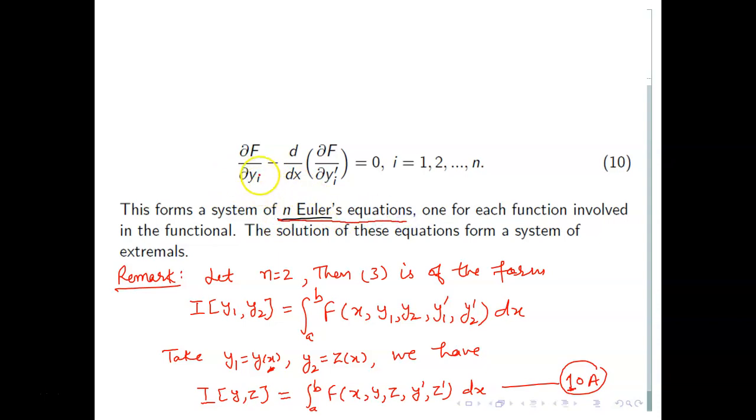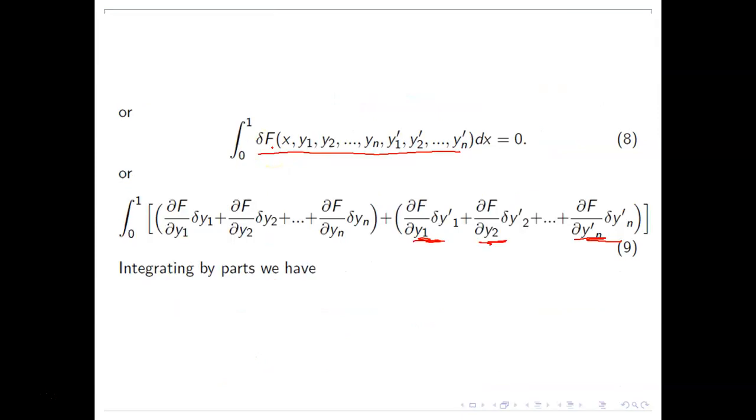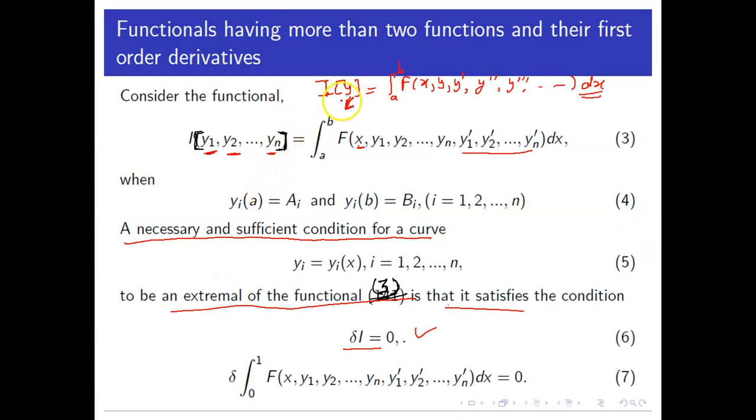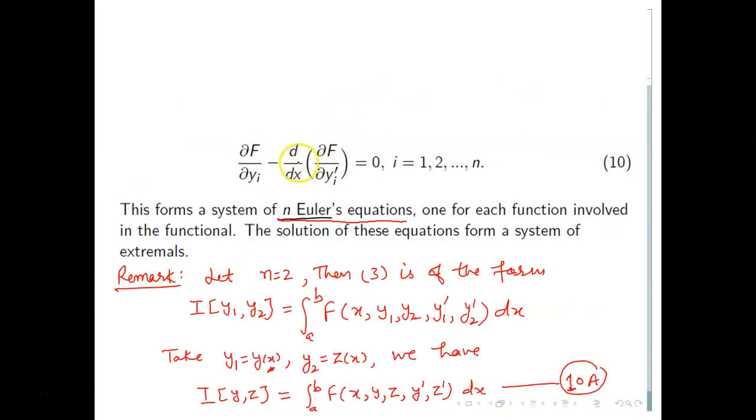When you put i equal to 1, we get one equation for the first variable, because as I told you in the beginning, there is involvement of n dependent functions y1, y2, up to yn. These functions depend on the independent variable x, so there will be n Euler equations. If a functional involves only one function y and its derivatives, then there is one Euler equation. But in this case we have n functions, so just replace i with 1, 2, 3 up to n, and we get n Euler equations.